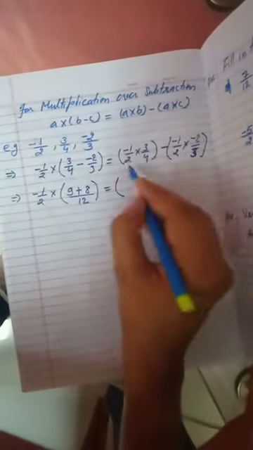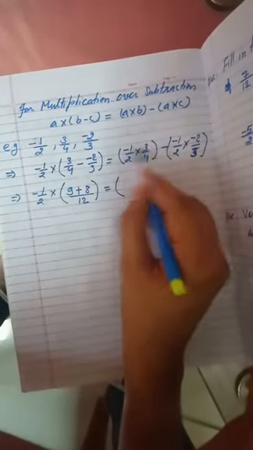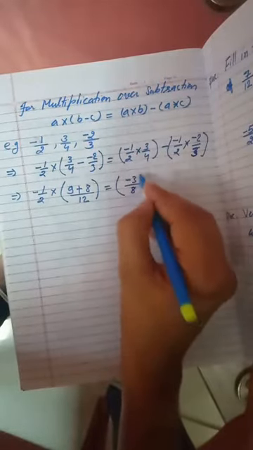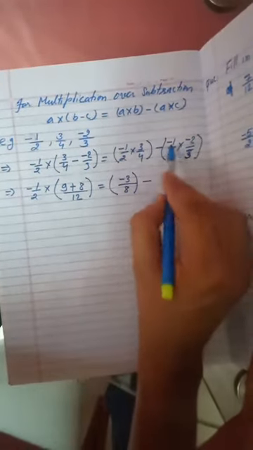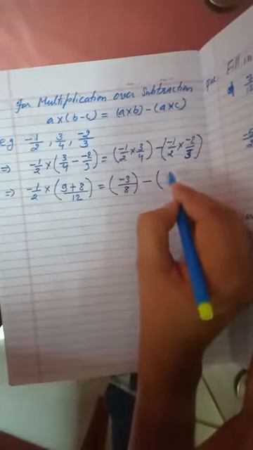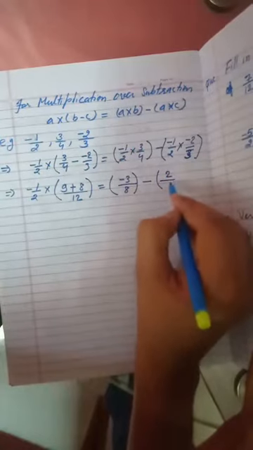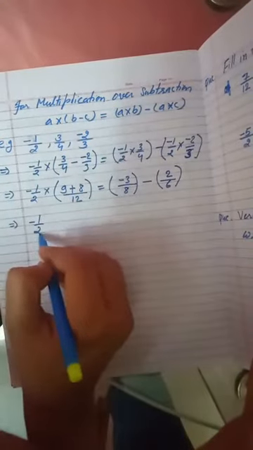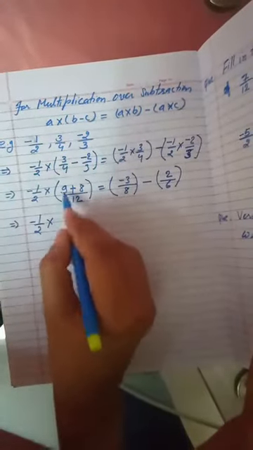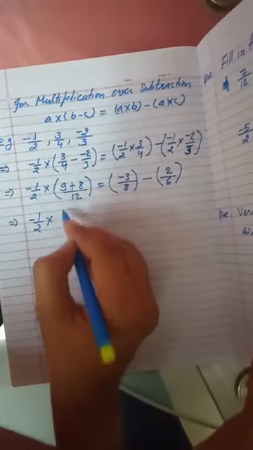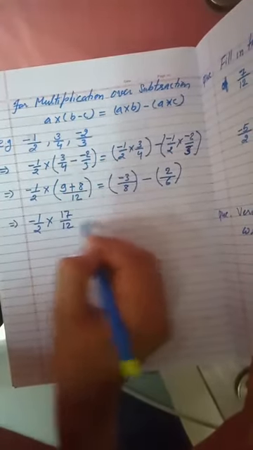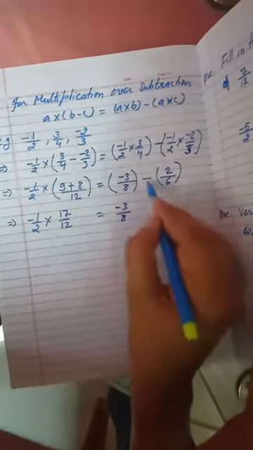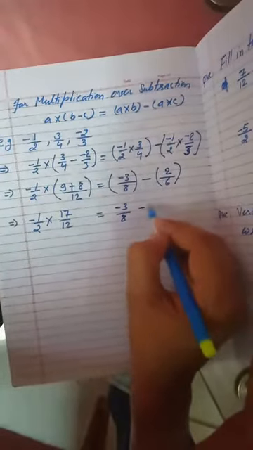Okay, now this is multiplication, we have to multiply this. Minus 1 plus 3 is minus 3. 4 multiplied by 8, 8. Minus 1 multiplied with minus 2 means plus 2, and 2 multiplied by 3 is 6. Again minus 1 upon 2 multiplied with, you should add this number, 8 plus 9, 16 plus 6, 17 divided by 12. Okay, now this is the number minus 3 upon 8, this is minus 2 upon 6.